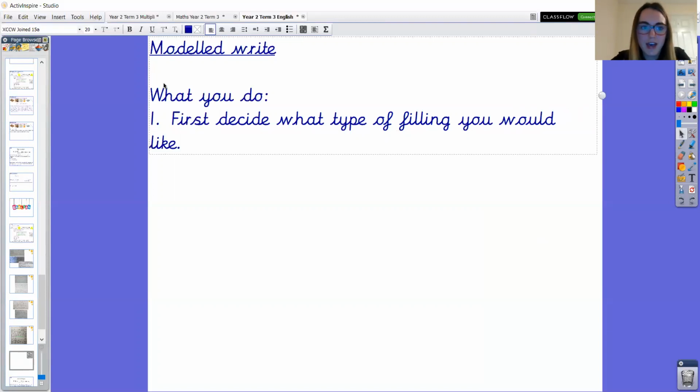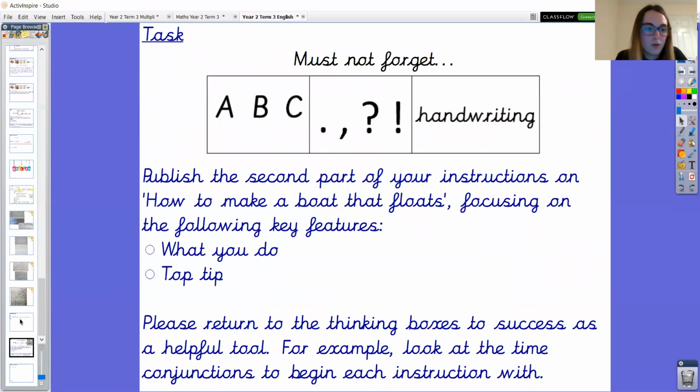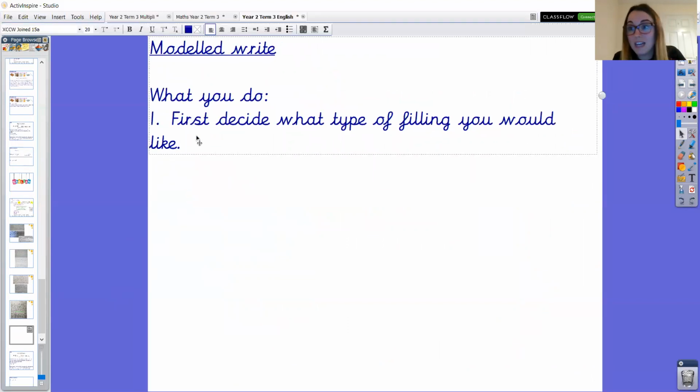I could finish there and have one main clause, but I know when I look back at the thinking boxes to success, today I really need to be proving compound sentences. So I think I'm going to use the coordinating conjunction for, as it has a very similar meaning to because, and I want to explain why they need to decide what type of filling they would like. So first, decide what type of filling you would like, for